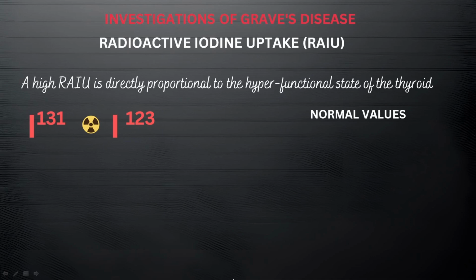Now, let's use some examples. In multinodular goiter, there are hot nodules. These nodules produce excessive thyroid hormones, and that will lead to an increased radioactive iodine uptake. In contrast to subacute thyroiditis, where there is a decrease in the radioactive iodine uptake, the reason is because the